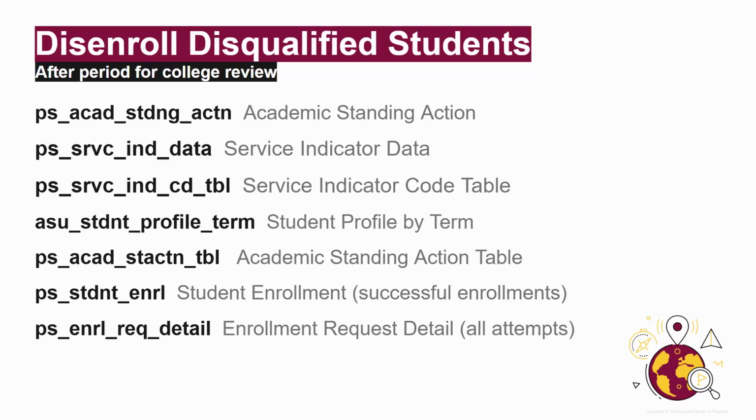These are all the tables that hold the information relevant to who we're going to disenroll for disqualification. So the academic standing table, the service indicator data table tells us who is disqualified easily. And then there's another process there that we disenroll, and they cannot register for upcoming terms either until they have met the